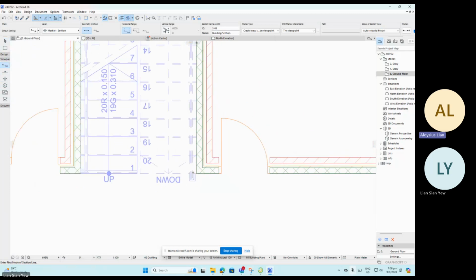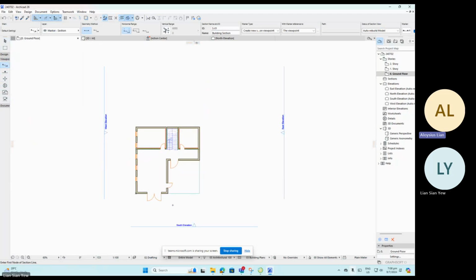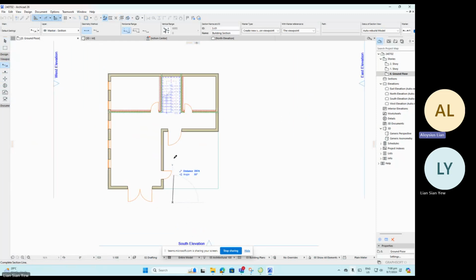And you can place your section. Okay, so I'm going to zoom out and I will click on somewhere here and click on somewhere here. Okay, this will determine the length of the section. And you'll notice that now you have an eye symbol as well as this little triangle here in the middle of the line, which will change as you move. So this will indicate where you want the section to be facing